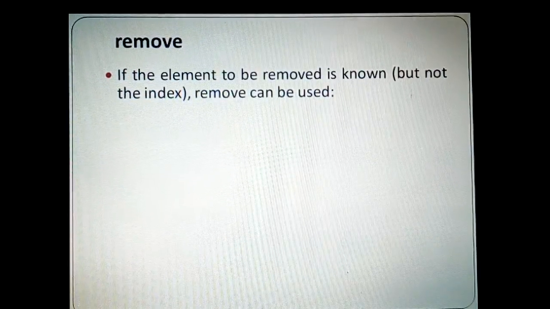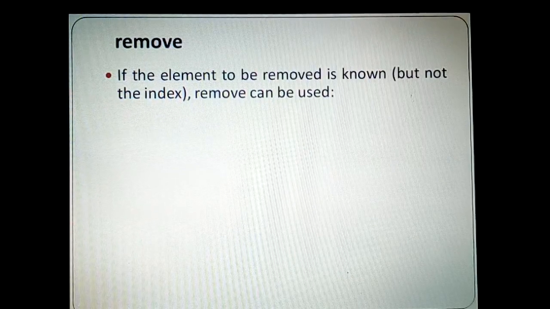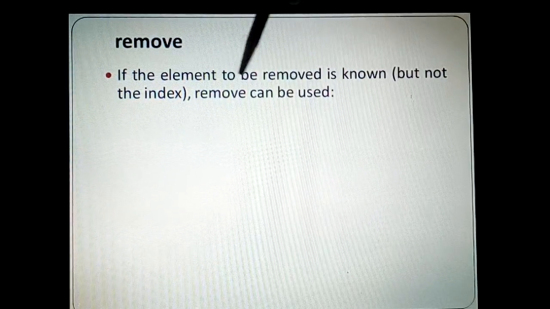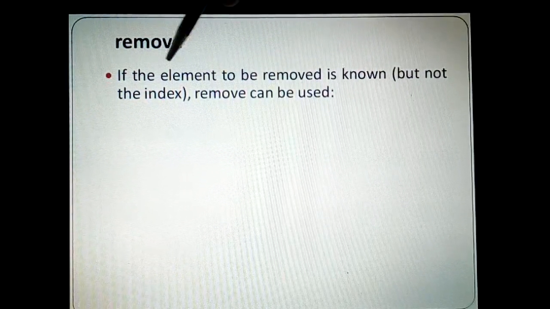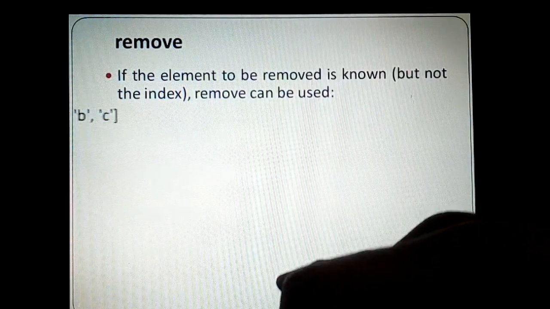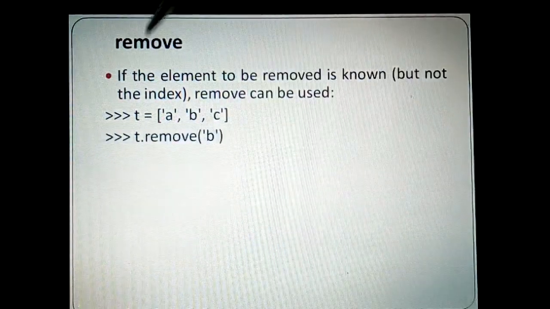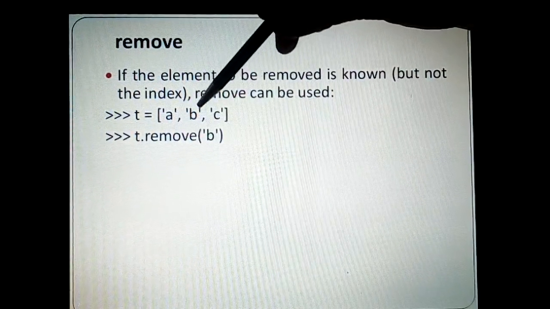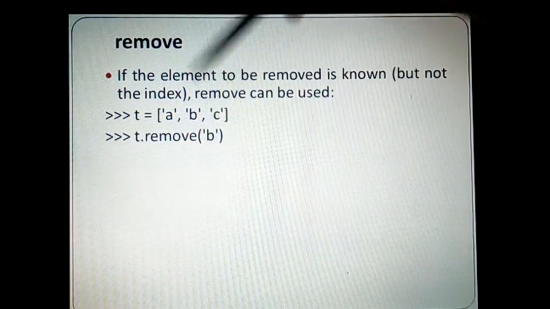Or for example, I want to remove an item which I know, but I don't know the index, then I can do it by using its name. If the element to be removed is known but not the index, remove can be used. Of course, we'll be seeing a demo of this at the same time. So t equals abc, and if I say t dot remove of b, because I know b but I don't know its index, it's a big list, let us say, I can just say t dot remove of that b.